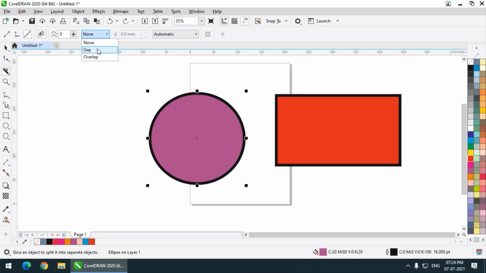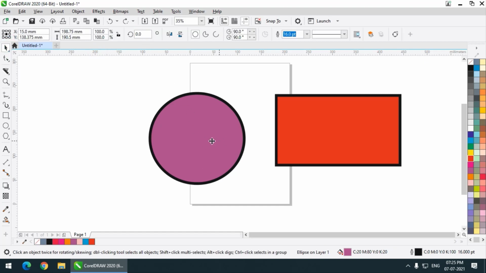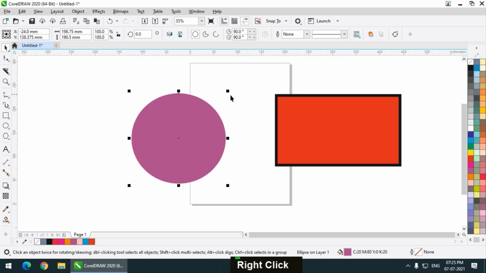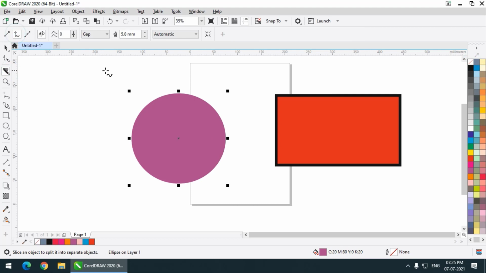If you want some gap when we cut the shape, I will increase it and remove the outline so that it will be easier for you to see. Using the freehand mode I cut the shape, and it creates a gap between the shapes that we just cut. So this is basically the gap option. Keep this to automatic. These are basically the options of the knife tool.